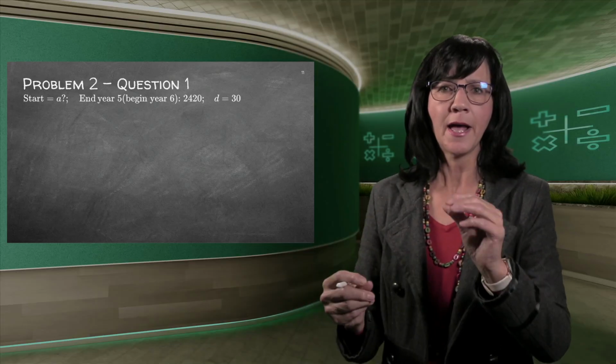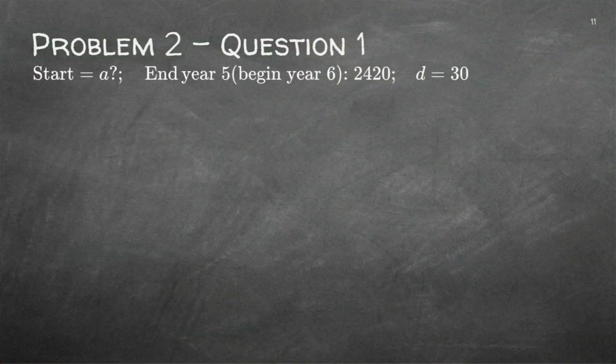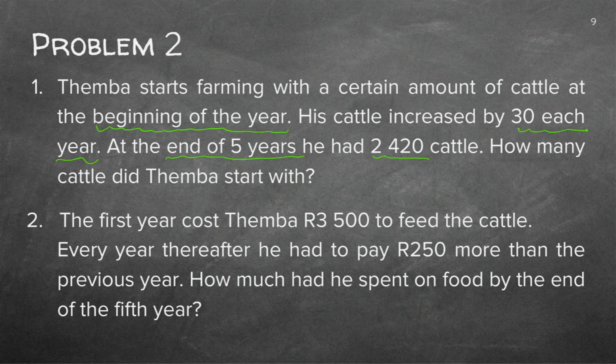I'm reading quickly, and I'm reading 5 years, and I'm going to do S5, because why do I do S5? Or do I do S5 or T? We'll read it properly again before we decide if it's the S or the T formula. So we'll just go back to the previous one and we'll read it properly. But before I write down my formula, you do all understand now why I'm going to use the 6th year. Because the end of the 5th year is as good as the 6th year, because I've got a whole year in which the cattle got more.